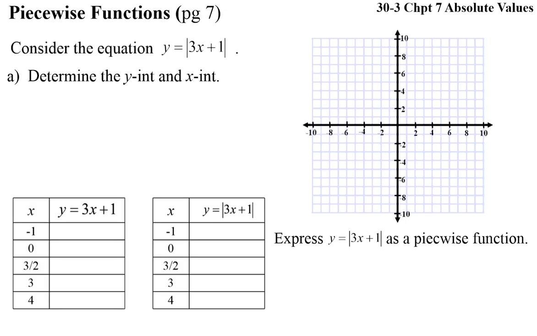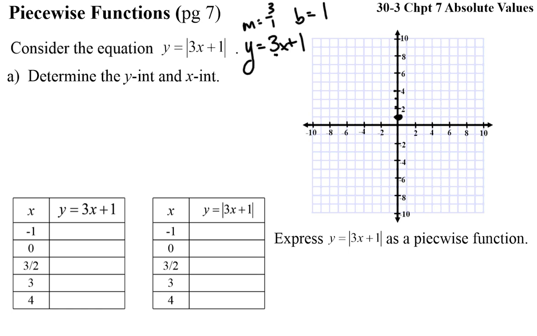Let's take a look at page 7 of the booklets. And we have the equation y equals the absolute value of 3x plus 1. Well, the first thing is I want to know what our y equals 3x plus 1 graph looks like. Well, we go back to grade 10. There's our y equals mx plus b. So our y-intercept is at 1. And our slope is 3, which we could write as 3 over 1. So we know every point is going to have to be positive 3,